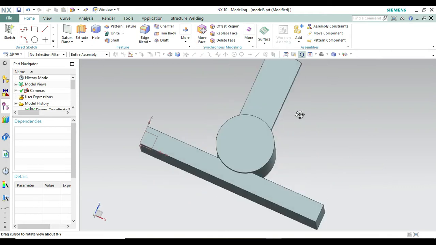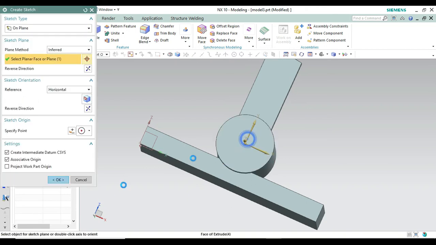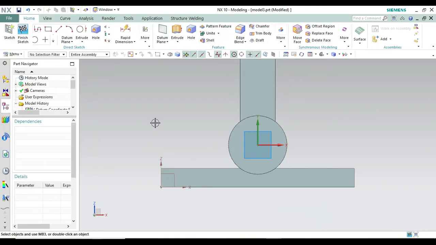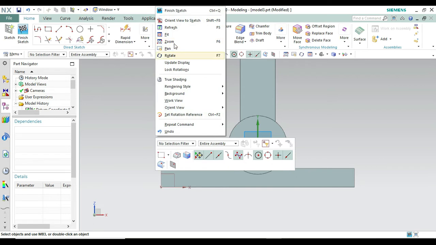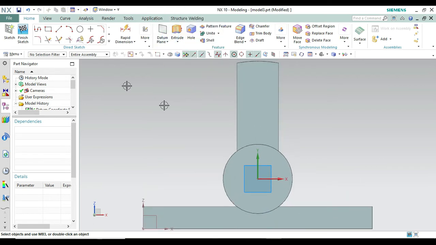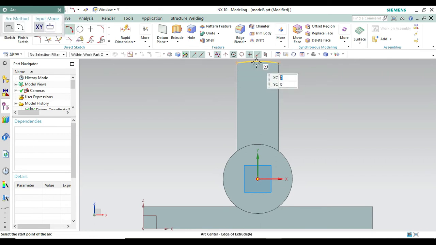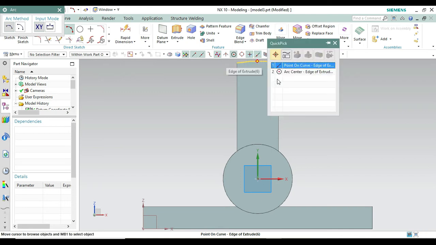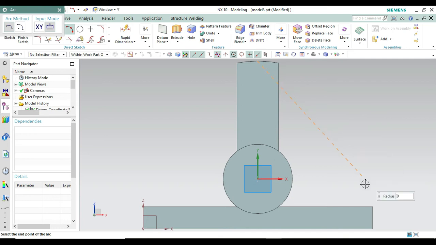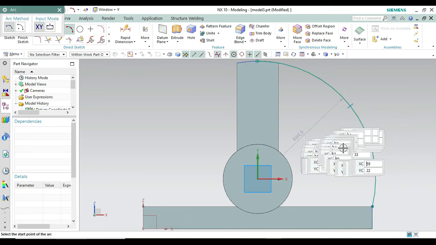Now we have to create that arc. So again go to sketch, and from this point, take this and make it fit, so we can easily get the whole drawing like this. Now what we have to do is create an arc from that center point. So take a point on curve, and take this as an end point and make an arc that should be tangent to this. Its radius should be 84.5 or approximately 85.